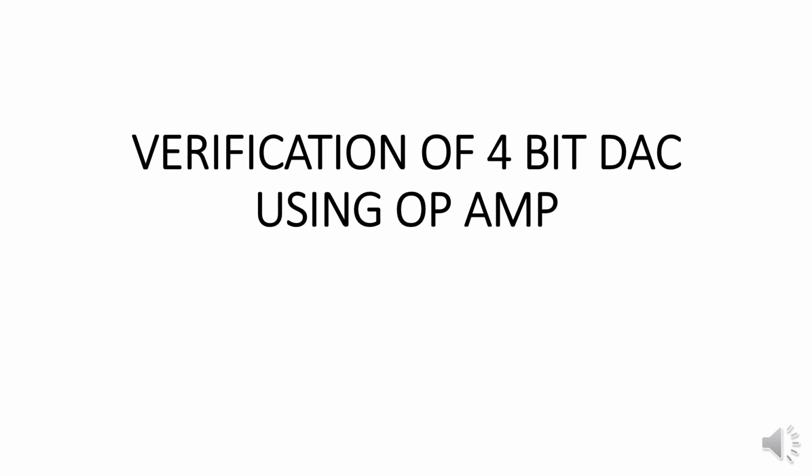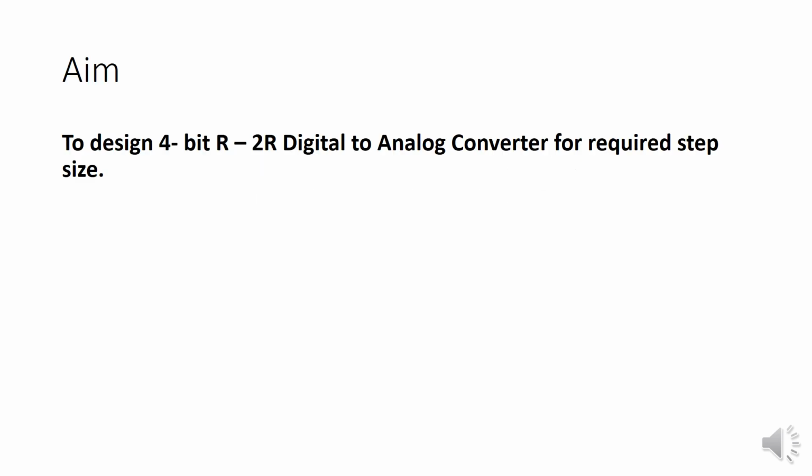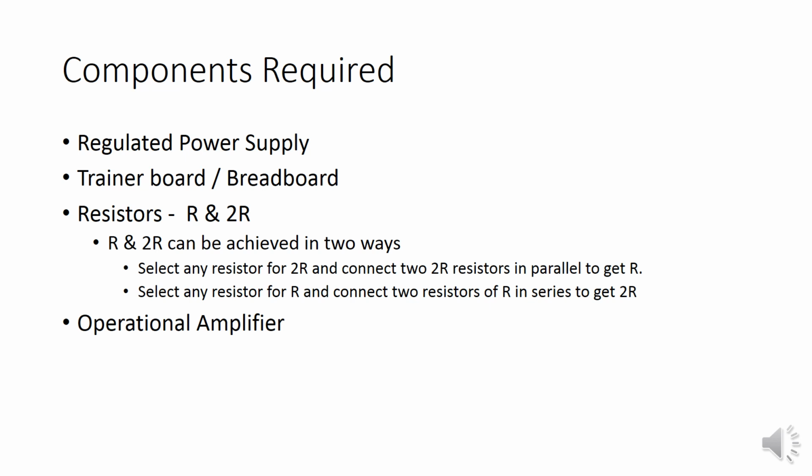Hello students, today let us see the verification of 4-bit DAC using an op-amp. The aim of this experiment is to design a 4-bit R-2R digital to analog converter for required step size. The components required are a regulated power supply to supply VCC and VEE to the op-amp, a trainer board